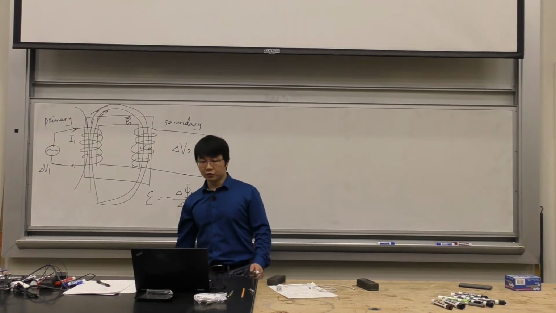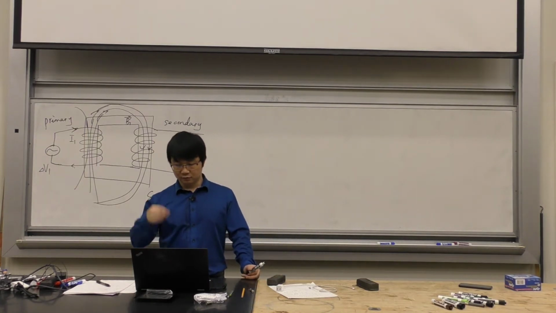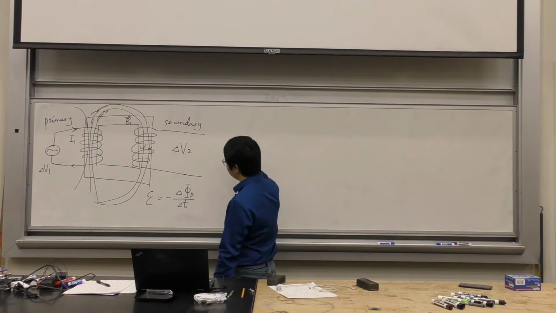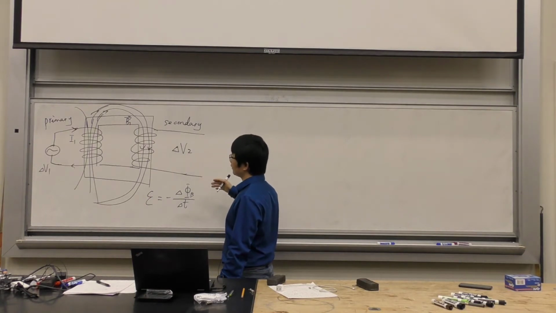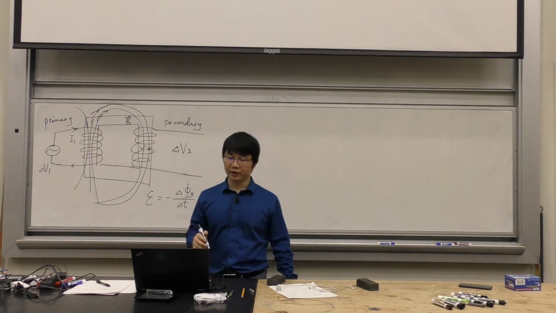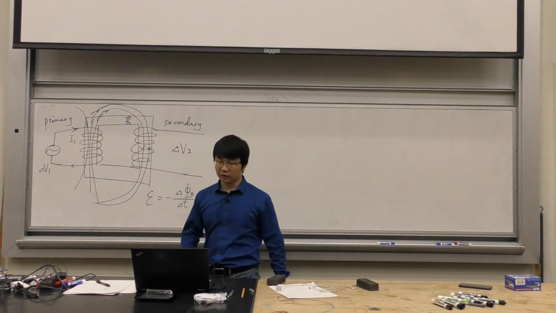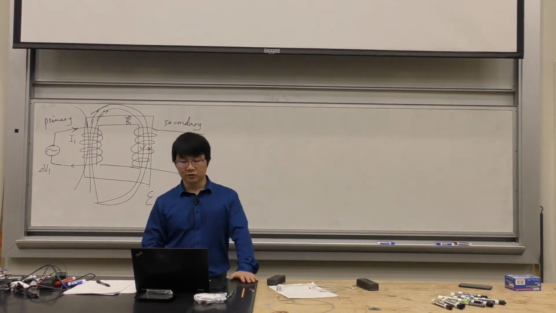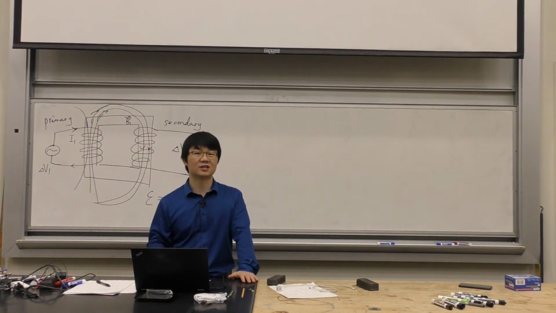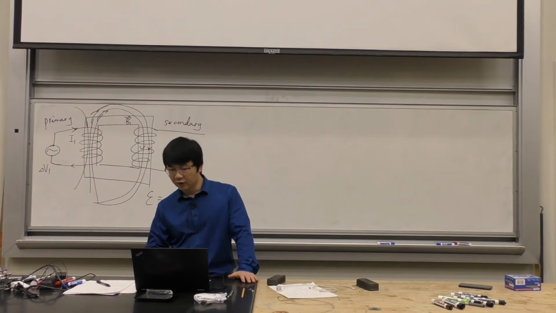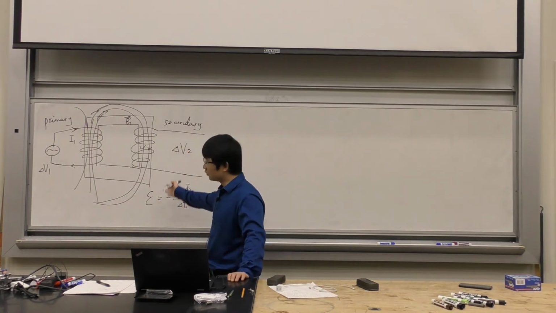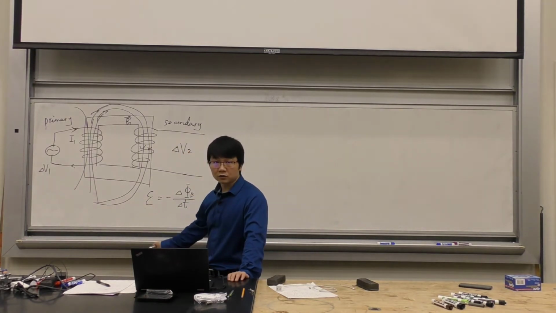But actually, if you use the theory we have learned, you can find a very nice equation to predict the voltage you get on the right hand side, on the secondary. We're not going to go through the derivation, we're just going to go ahead and use the conclusion. And it's a very, very nice conclusion. If you assume the transformer is ideal, there's no energy loss,